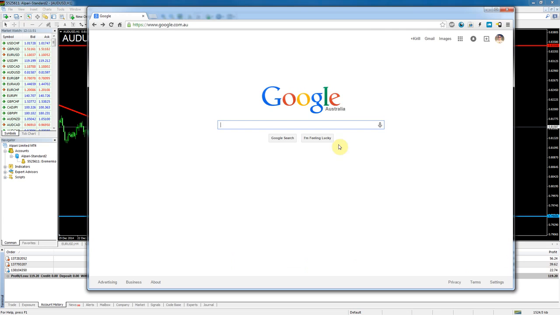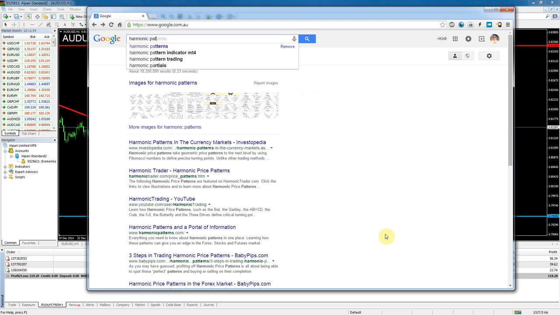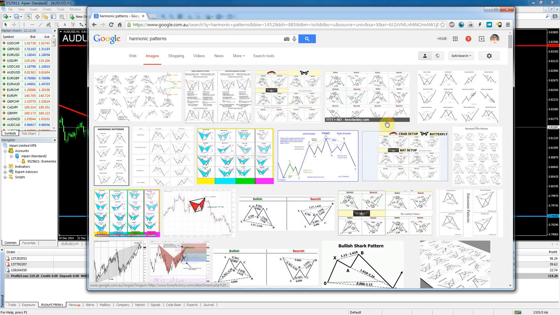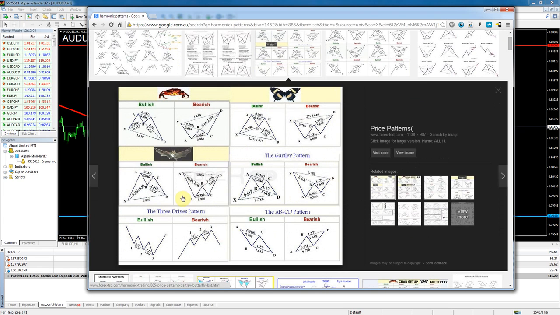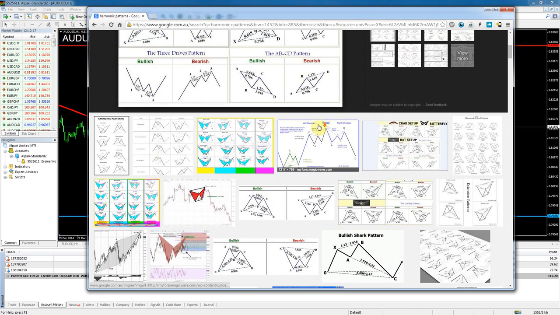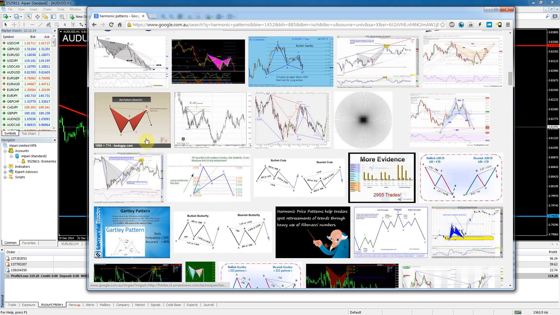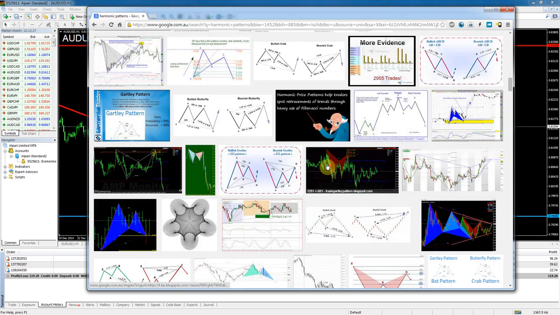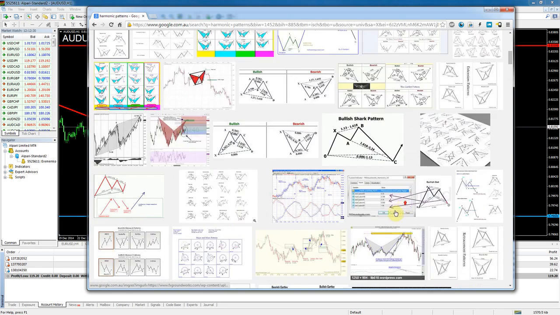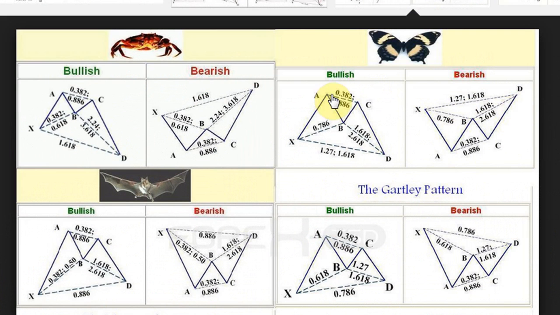If you go to Google and type in harmonic patterns, and then go for the images, you can find a lot about these harmonic patterns. For instance, here is a good summary of the 6 harmonic patterns: the crab, the butterfly, the bat, the Gartley pattern, the 3 drives pattern, the ABCD pattern. If you scroll down here, you'll see there's a lot of examples, a lot of analytics, and a lot of good explanations. In this particular case, the pattern that we're going to be looking at is the butterfly, the Gartley butterfly